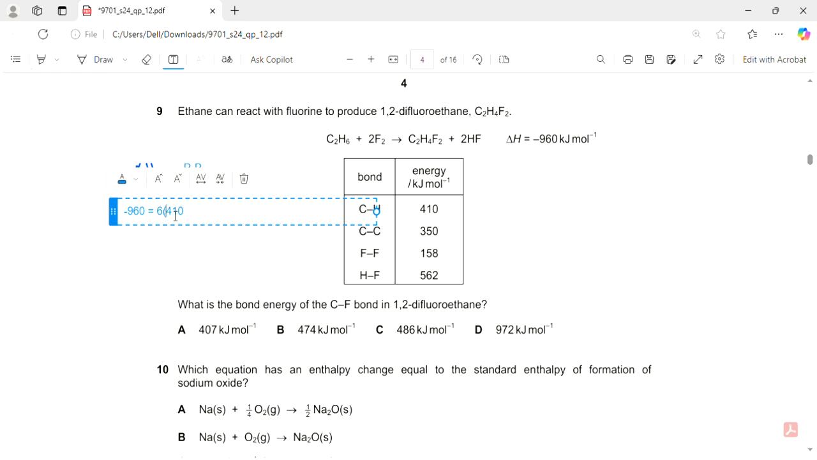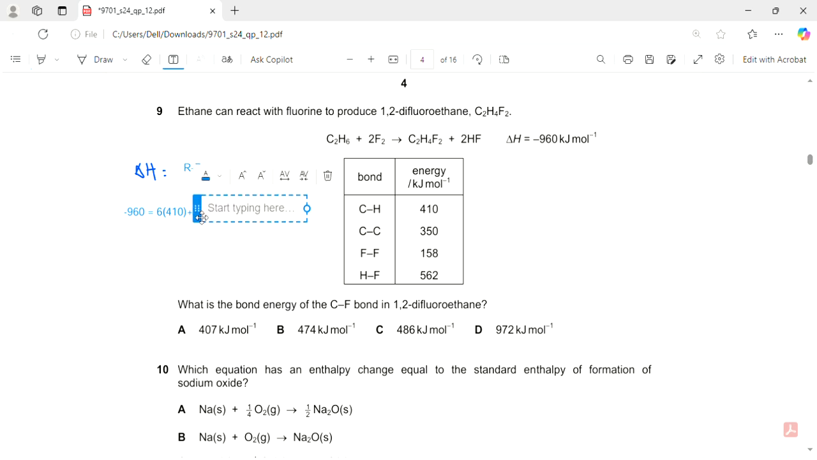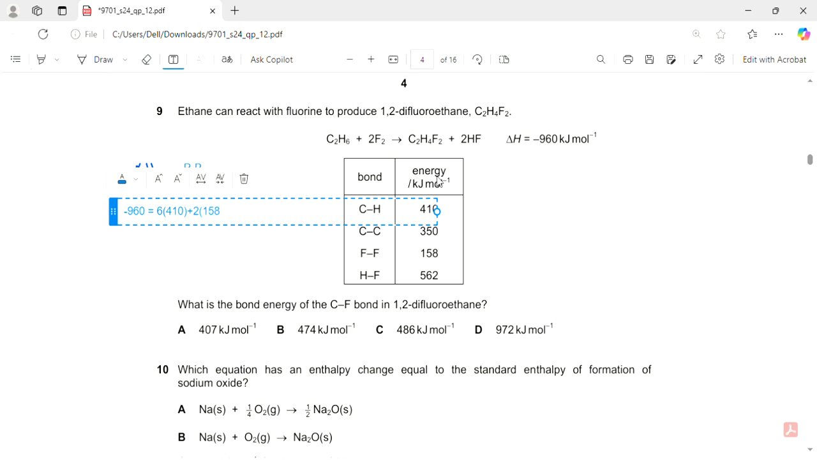Plus 2 into the F2 bond, the one which is 158, and minus 4 into 410, and